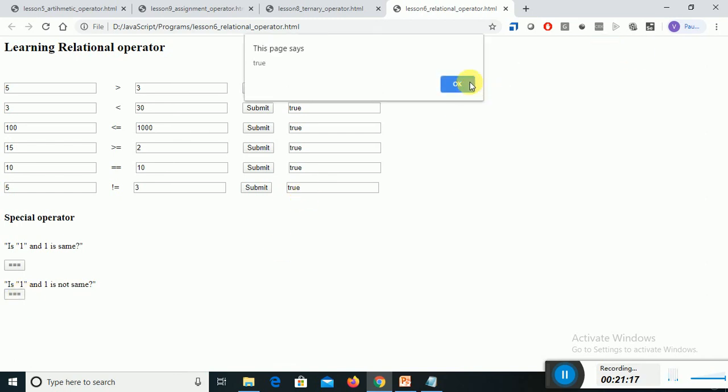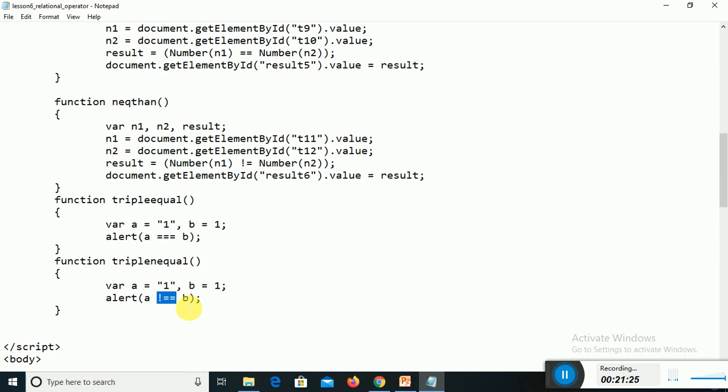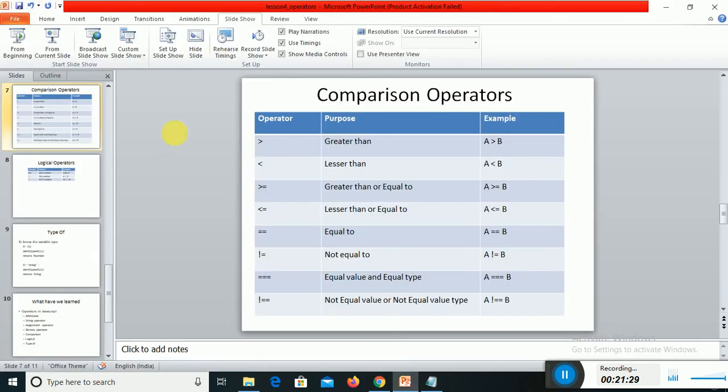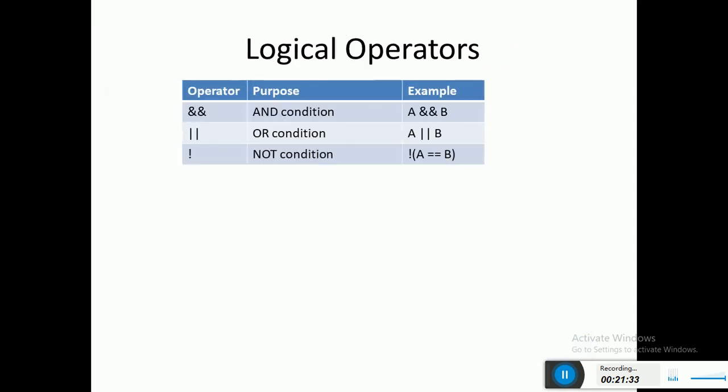Then our condition is either one of the conditions is true, it will execute. For example, if A is true, it will not even go to B, because one of the conditions is true. Then the other one is the not condition. You give some condition and put a not operator there, so it will take the opposite. For example, if you say not true, then it becomes false.